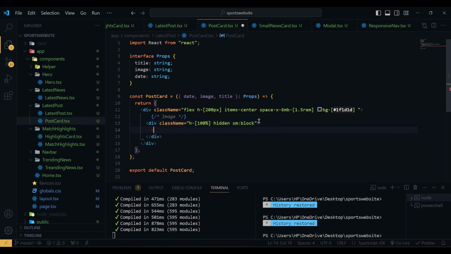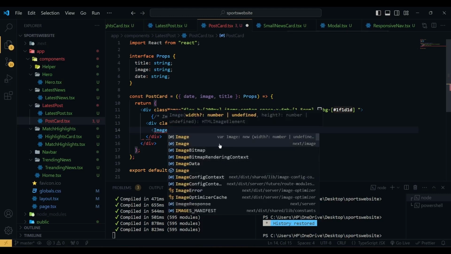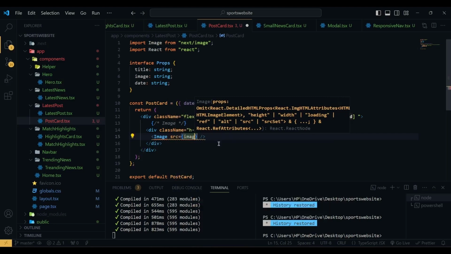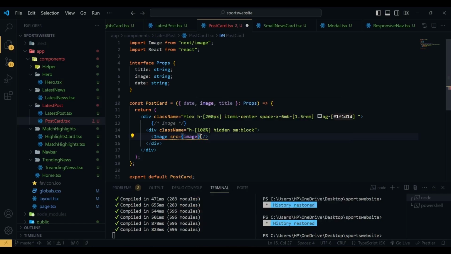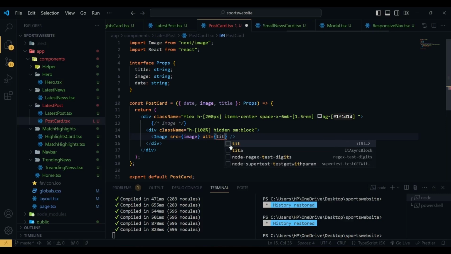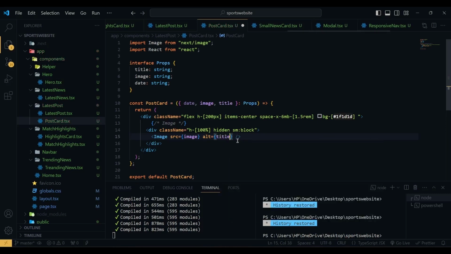So inside this div we are going to use our Next.js image component, and here the source will be the image coming as a prop. For the alt, I'm going to use the title as the alt text, and then width will be 300 pixels and height will be 300 pixels, and I'm going